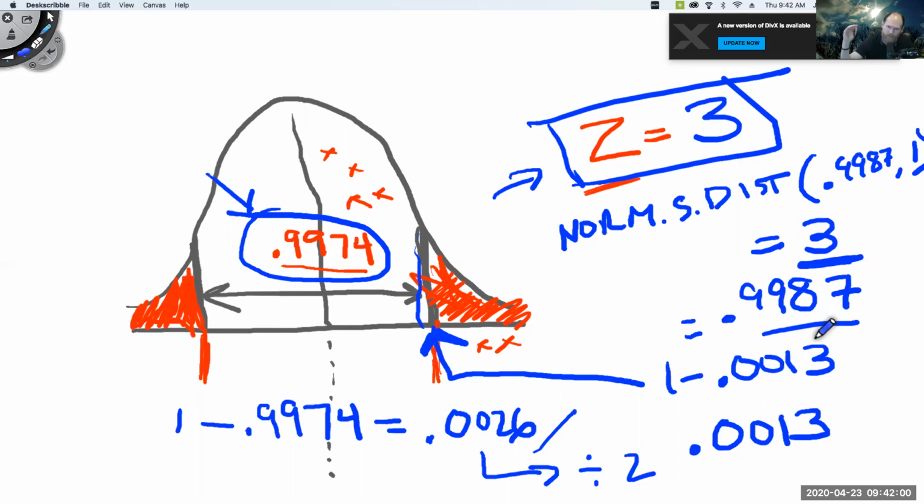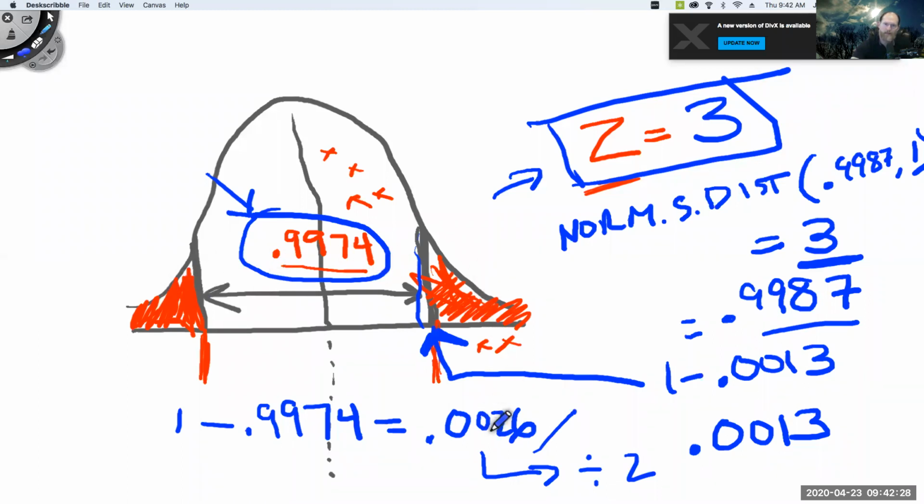Now that's not the case when we get into next week. So we'll talk more about Z, and during Pearson this weekend, you may come across some instances where it asks you to do something else with Z. But this is the short of it. Again, we want to identify the interval here. We want to take a 1 minus, and that 1 minus gives us the sum of these 2 tails.